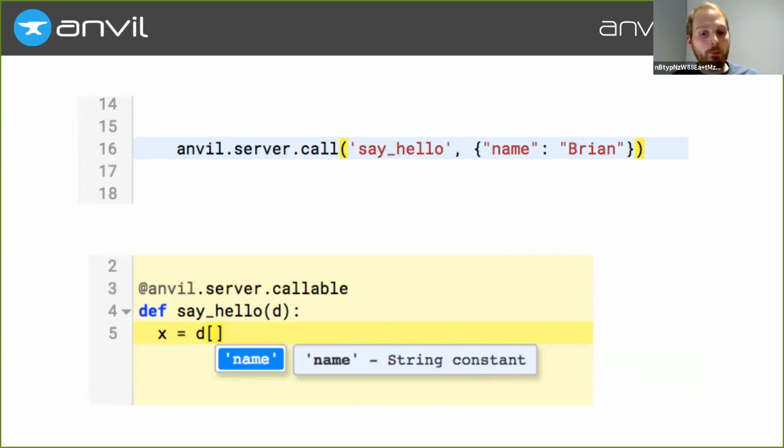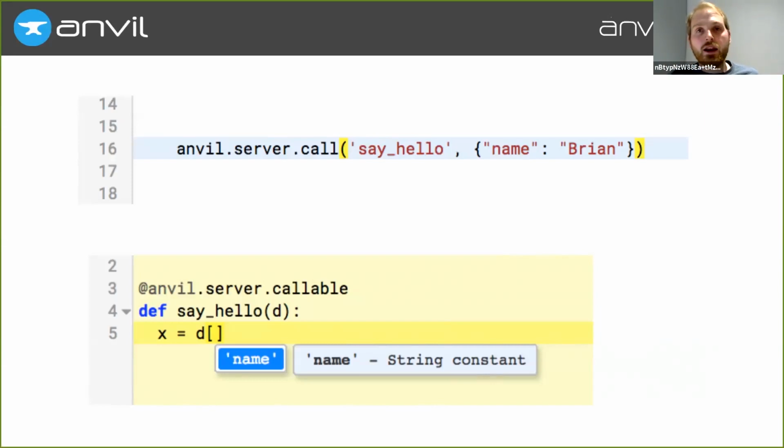Then when we are parsing that server module for autocomplete, we're parsing the say hello function, at which point we can go and look at all the calls to this function and what the argument types supplied by those are. And then we can just drop that type information into the local scope where it autocompletes as normal.